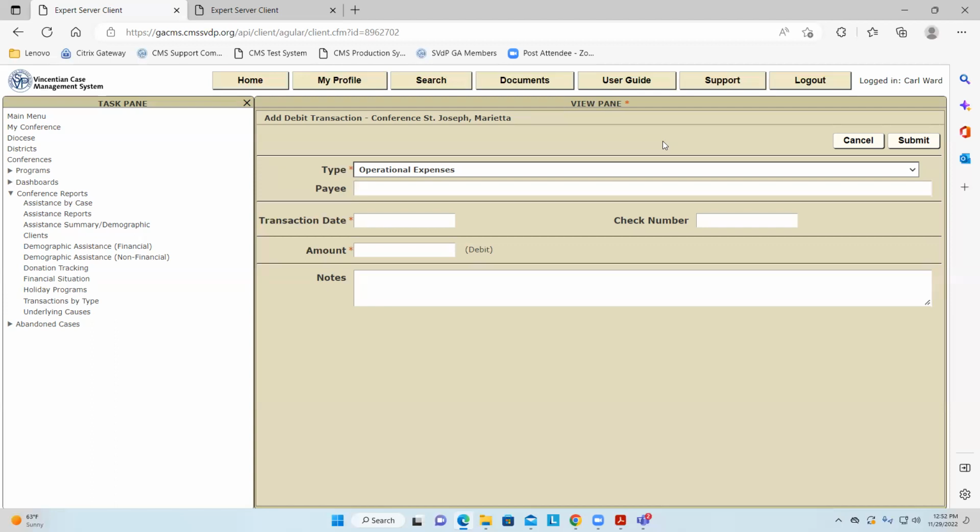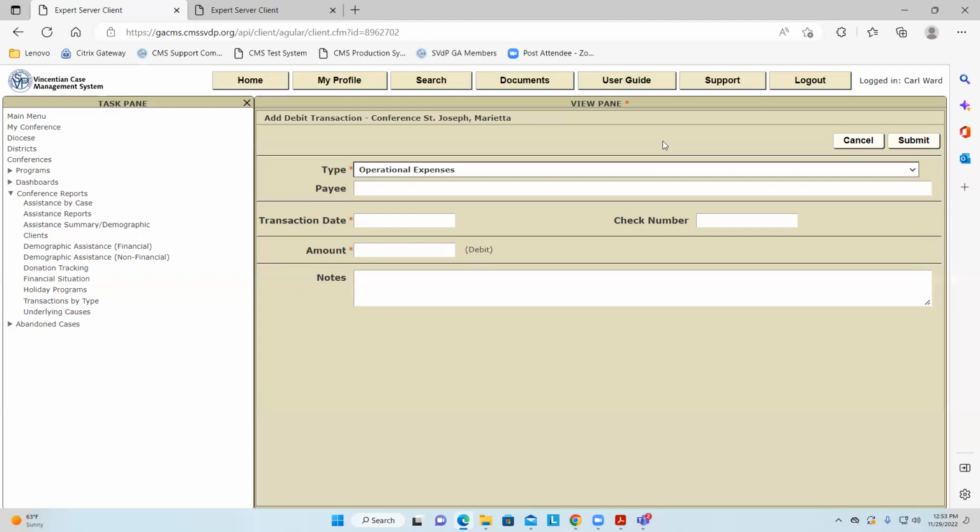And by the way, I believe the members always have to complete a reimbursement form first before you even apply for a reimbursement. For a personal debit card. Personal debit card, you mean you're using it, the Vincentian is paying, not the conference with the card? That's right, for an operational expense.